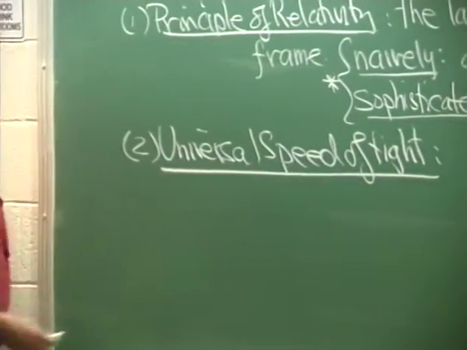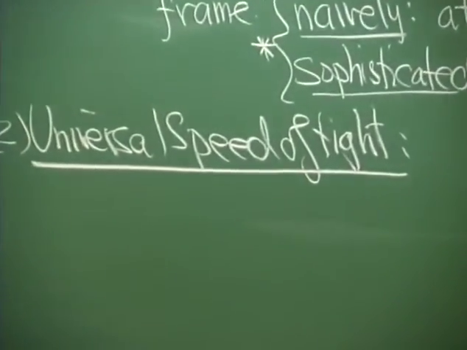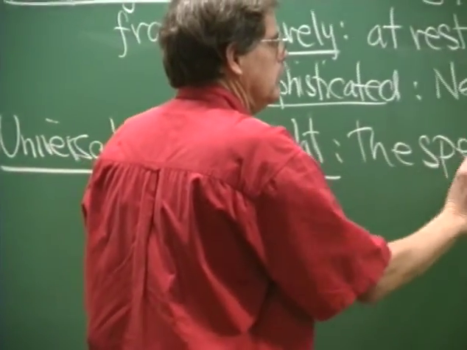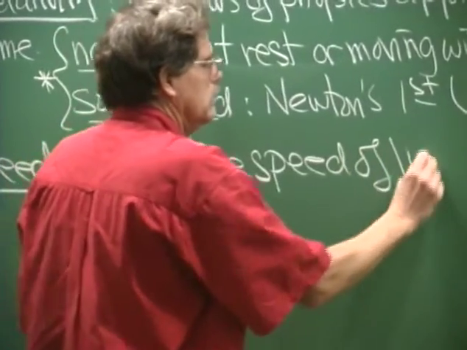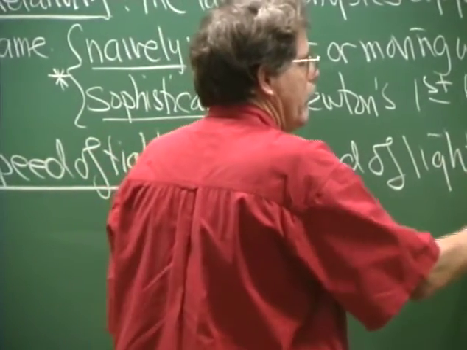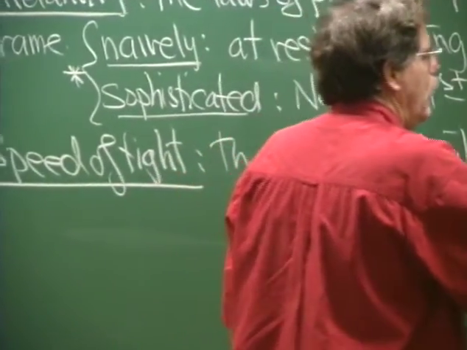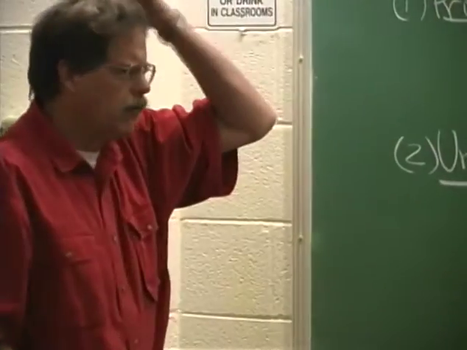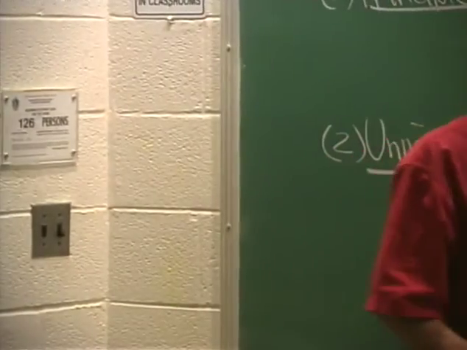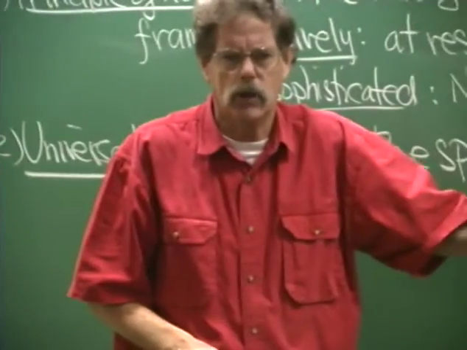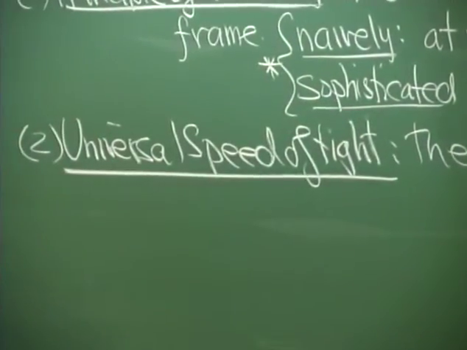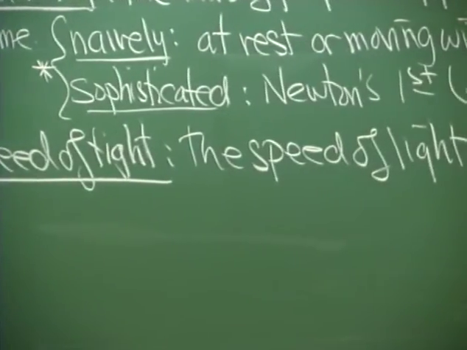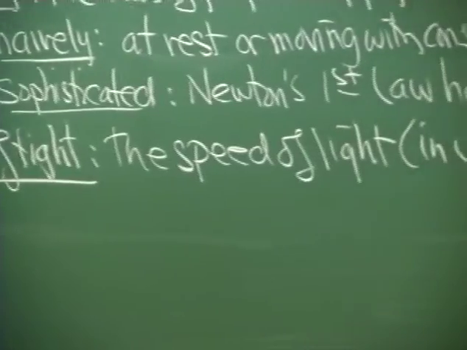Which says that the speed of light in vacuum is the same in all inertial reference frames. By the way, for the purposes of this discussion of relativity, when I say the speed of light, I always mean the speed of light in vacuum, okay? Sometimes I forget to put that in parenthetically, but we're always talking about the speed of light in vacuum is the same,